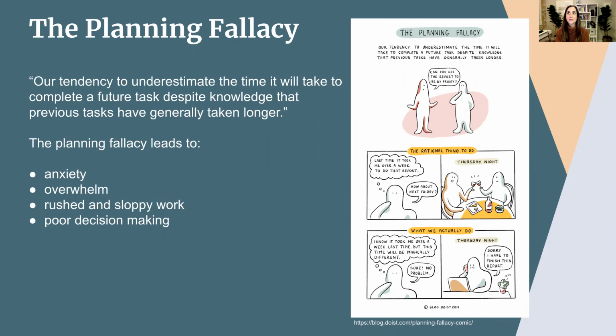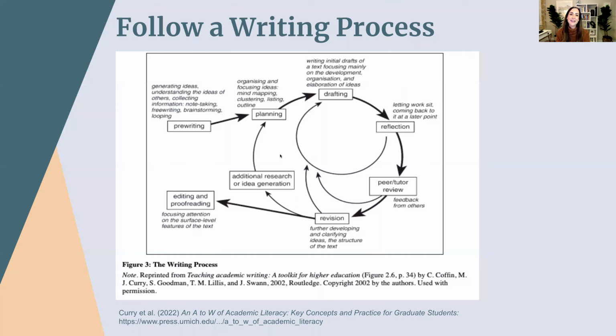If you're like me, when I start to get too overwhelmed, I tend to want to shut down. We're rushed, and so our work tends to be sloppy. And then we also don't make the best decisions when we're rushing, when we're in this position where we have to meet this deadline, where we've overcommitted ourselves. And so there's a couple of ways to address this, other than just the big old time management and awareness, obvious answer. But I want you to consider thinking about a writing process, recognizing that writing is not linear,